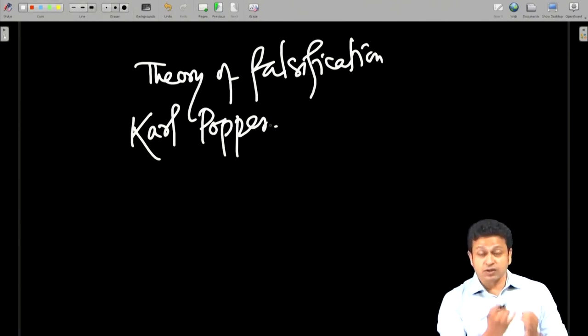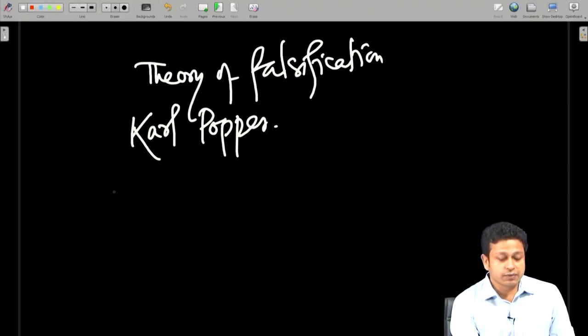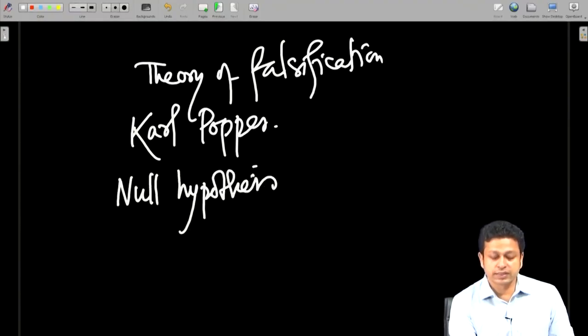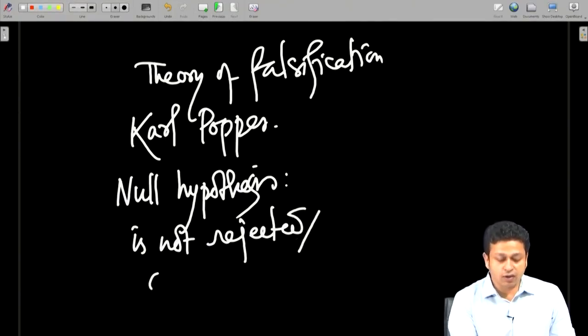Now, because of this concept that we are always trying to falsify something, we never know if the null hypothesis is absolutely true, we cannot say that, right. We cannot say that the sun will always come from the east. Someday we can see the sun coming from the west, right. So, because of that, when we state the null hypothesis, we say it is not rejected. We never say it is accepted, we say it is not rejected,